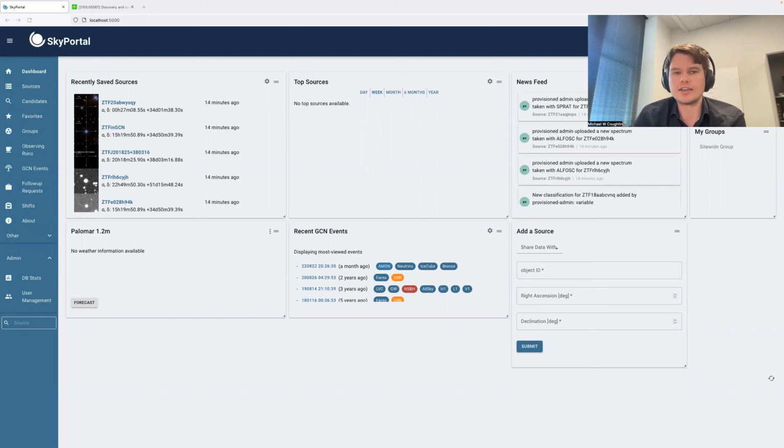Typically when doing follow-up observations, it's often the case where, after you've taken some observations, you will sit down and maybe open a text editor and compile an email to send through GCN. And we're going to show you a little bit about some of the tools to at least simplify this within SkyPortal. And so if we start here at our home page, we're going to be going to a